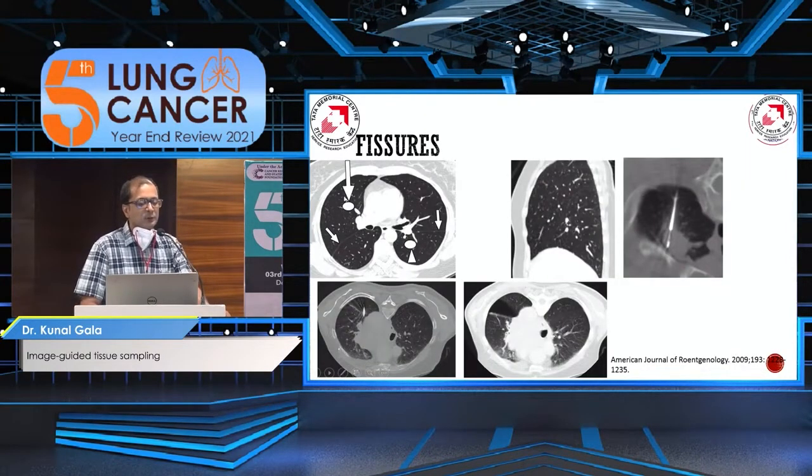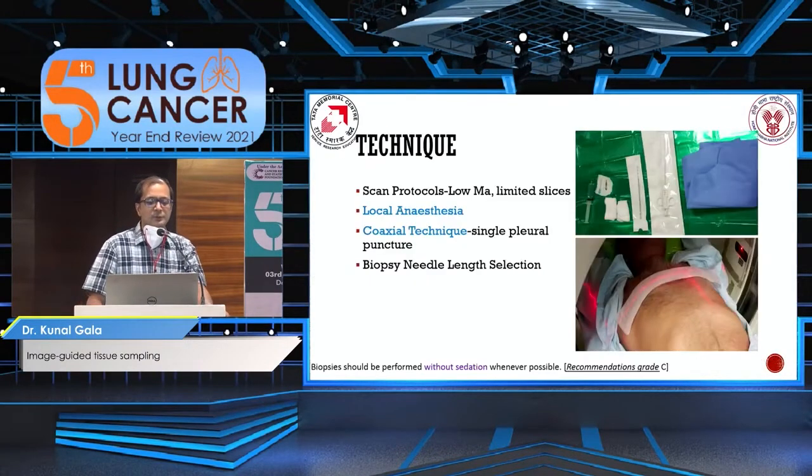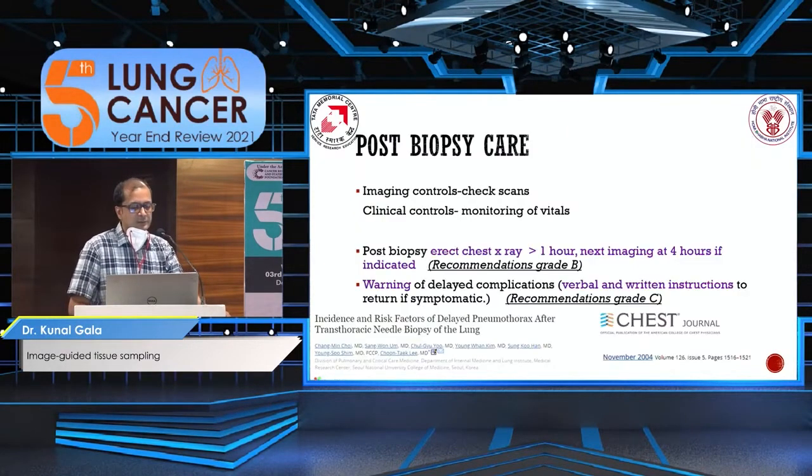So one needs to be aware of the fissures, the two fissures on the right side and one fissure on the left side, and you can see here we have entered through four pleurae, the parietal and visceral pleura outside, and the parietal and visceral pleura of the fissure itself. So you need to avoid those, and this is where the fissural anatomy plays an important role, because the chances of pneumothorax reduce. The scan protocol is low kV, low mA, limited number of slices, coaxial needle, and local anesthesia needs to be given. So post procedure